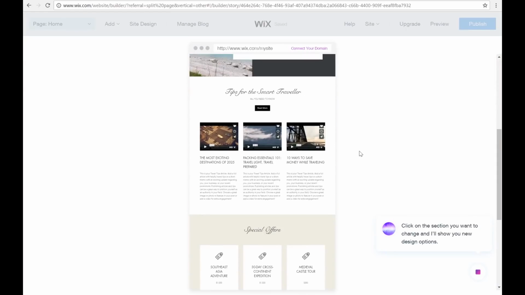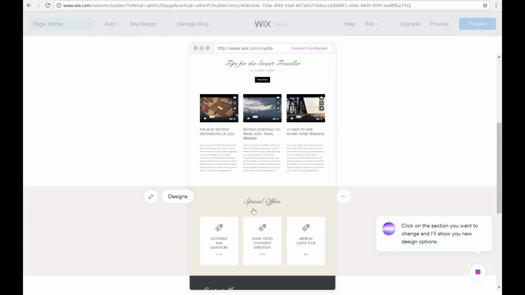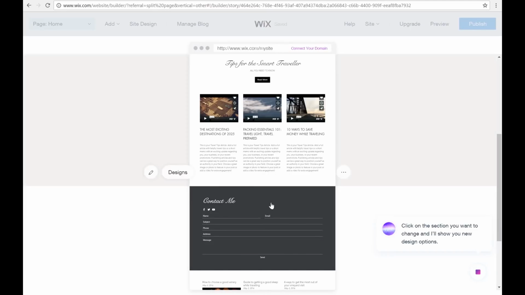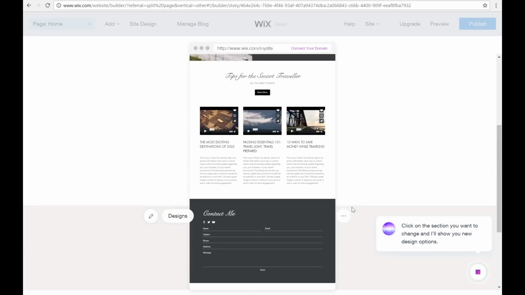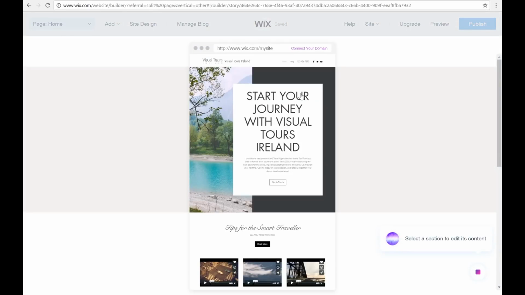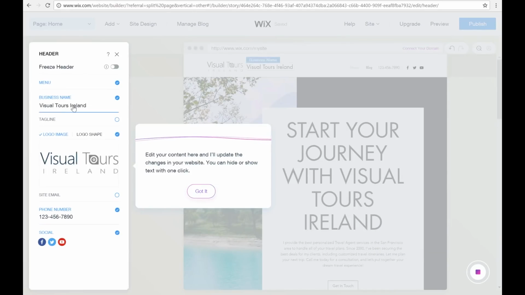You can customize each of your sections. This section I want to change. If I just click here, and if I bin this section, it will move up the rest of the content to meet. An edit section content is another one that we want to do. So in the header section, we just click and we can edit.